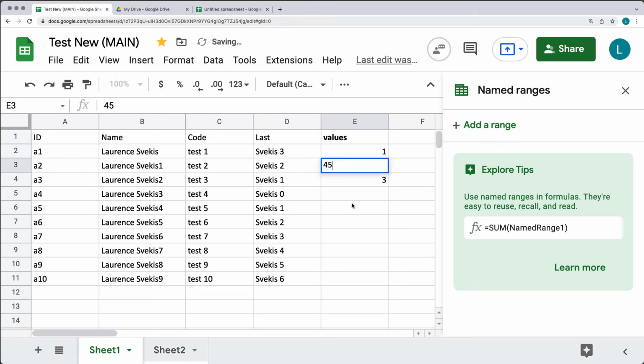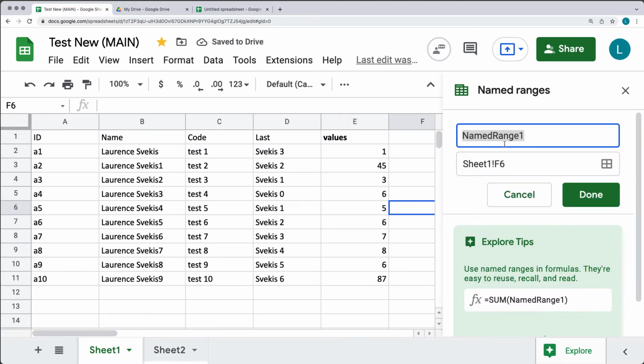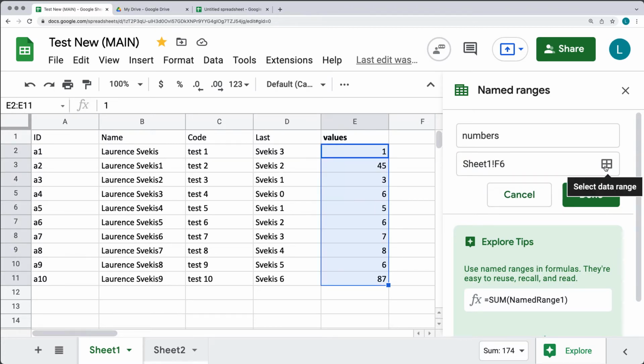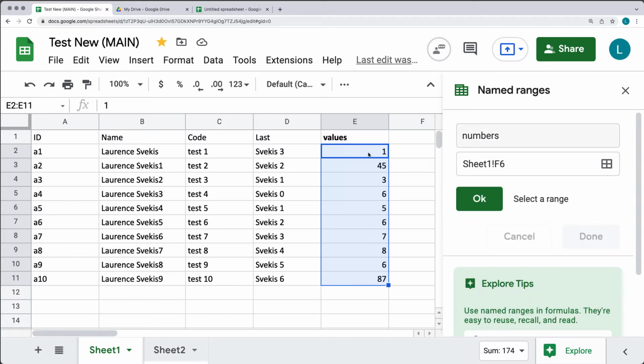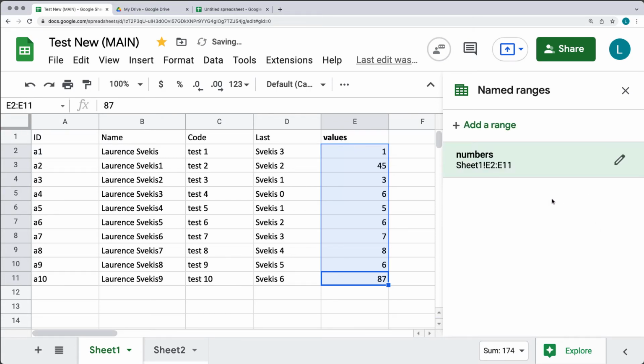We'll have some random numbers, and then we'll attach a formula to these numbers. So let's add the named range, and I'll just call it numbers. We'll select the range, so select on the sheet tab here, and then from there highlight the range that you want to use. You can use the select data option and highlight the range, or you can type it in manually. Right now it's using Sheet1, and that exclamation mark means these are the columns that we want to add. Once we've selected the range, we can just hit OK and then Done, and that's going to add the named range